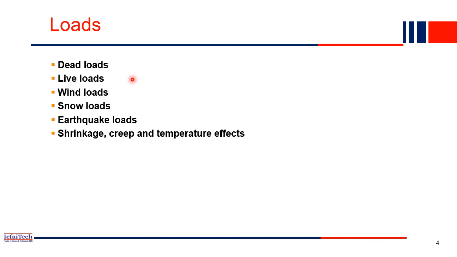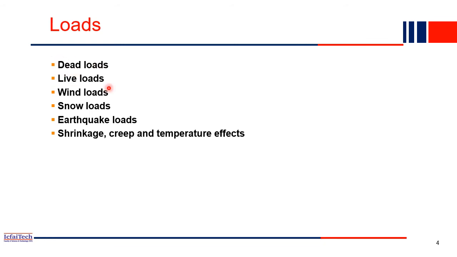Now, what is dead load? Dead load is the self weight of the structure itself, because the beams, columns, and slabs are all made up of concrete, right? So the beam and column themselves have some load. The self weight of the structure is what we call dead load. Self weight means non-moving, it is a permanent fixed load on a structure. Even if no one is in the building, that much load will be there in the structure, because that is its self weight. That is what we call dead load.